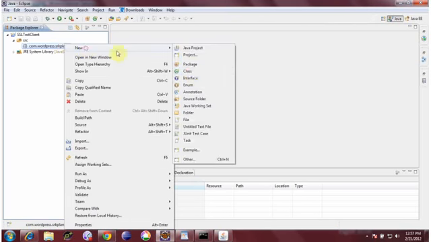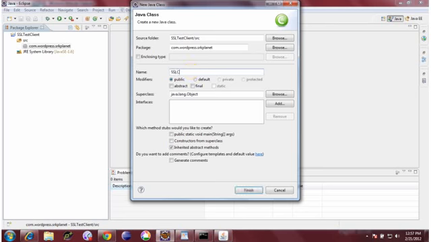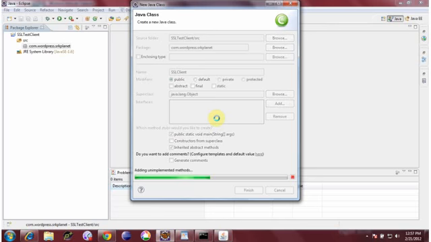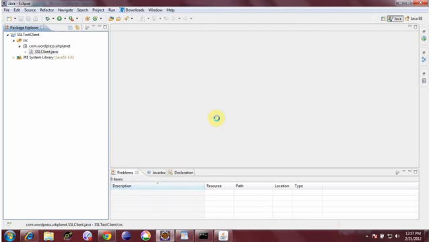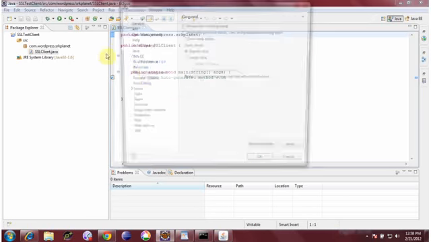Next we need a class here, and let's name this class SSL client. Let's have a main method in the class, and simply, if you need to have a client application that needs to invoke a server's resource, how are you going to do it? Let me increase the font,